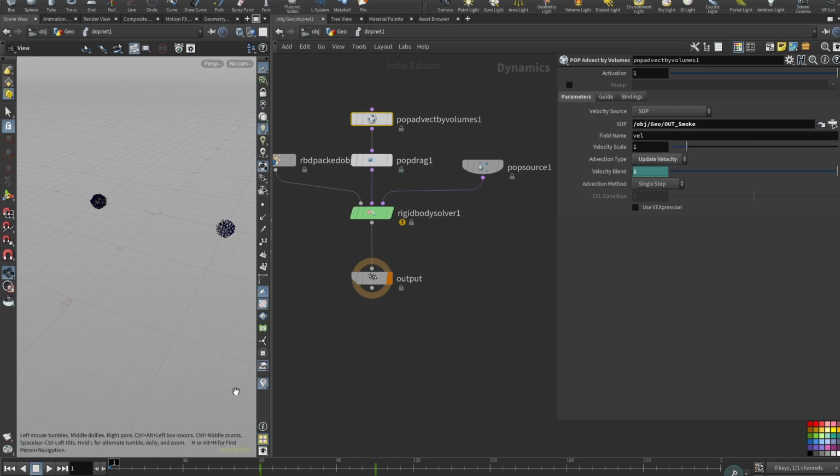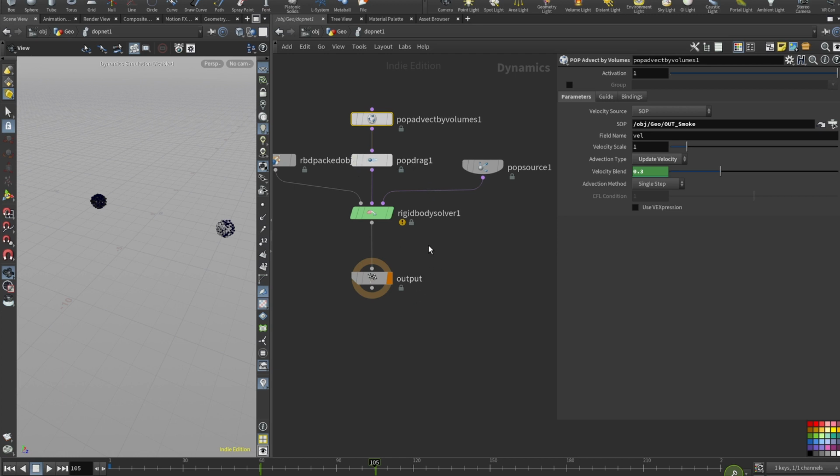Here you can see that from frame 60, I will disable the simulation right now, but you can see that at frame 60 velocity blend should be set to 1, and at frame 105, velocity blend is set to 0.3. So it's basically, you know, I want to drive them. Initially, I want to add much velocity, and then once they collide with each other in the middle of the frame, I gradually want to decrease the velocity and just let them swirl in the air. And the